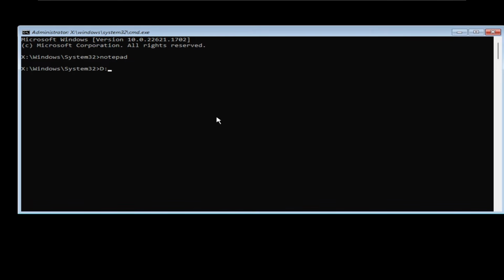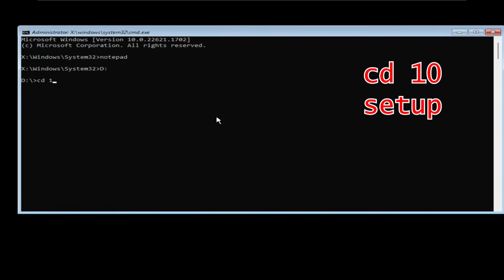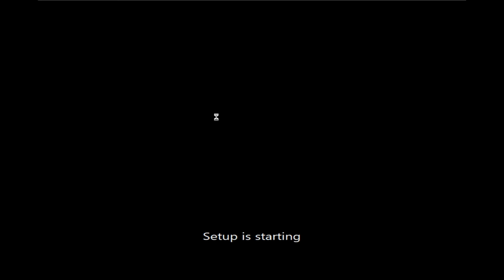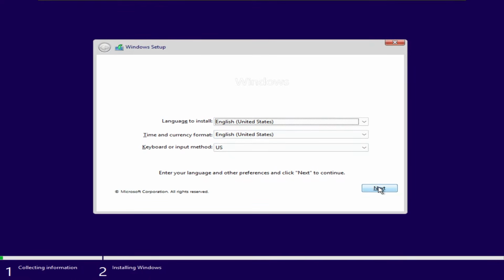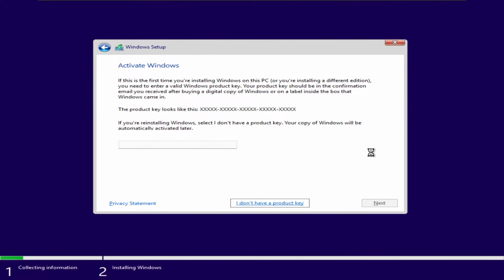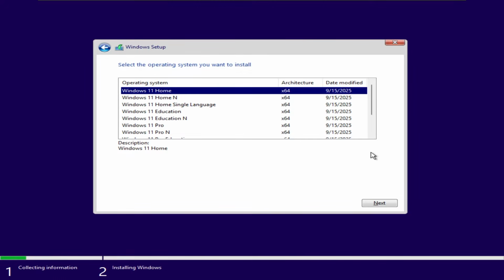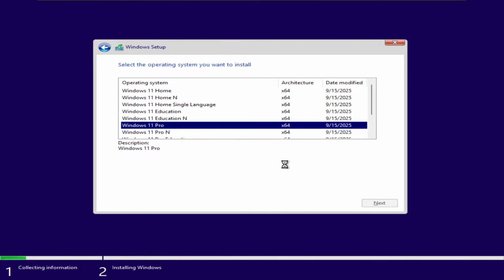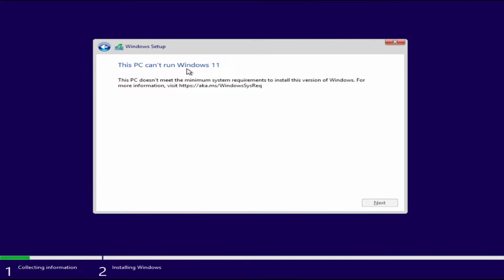Now I'm going to access the folder named 10 on Drive D using the command lines on screen. Then I'll launch the Windows 11 setup by running the command setup. As you can see, my PC doesn't meet the requirements to install Windows 11, so let's bypass the hardware check